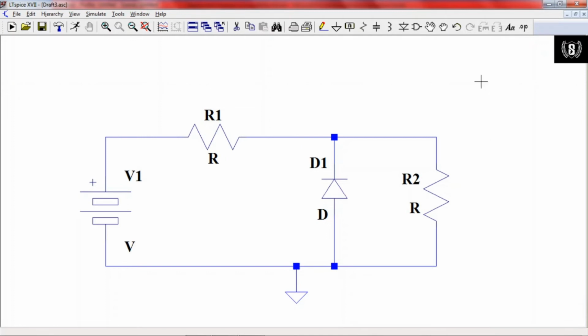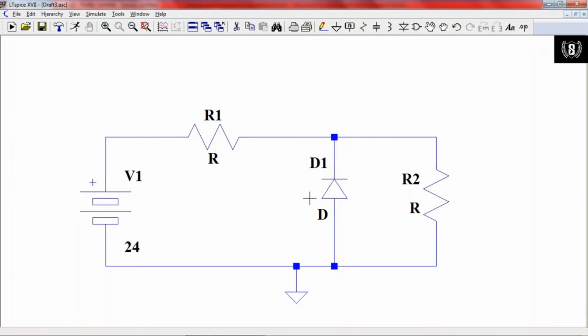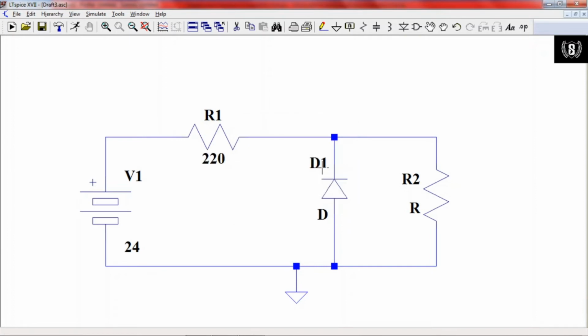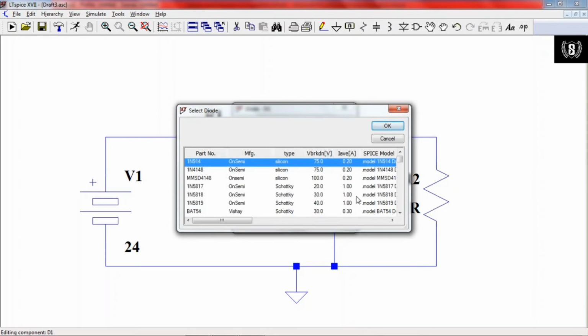Here we are going to analyze the load regulation of the Zener voltage regulator. Therefore the input voltage will be constant. I will apply 24 volt here. Series resistor value remains unchanged, 220. I have to change this to Zener diode of 10 volt.